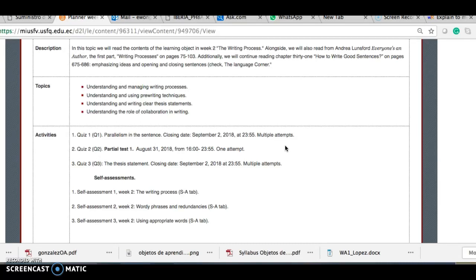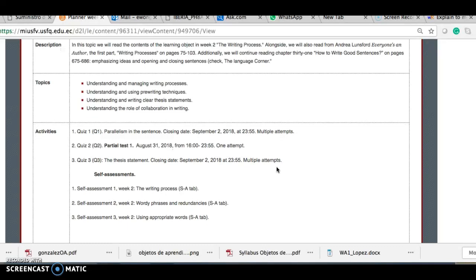Remember that you have multiple attempts in these quizzes, and the system is going to record the best grade. I know how many attempts you took, but I programmed the system in a way that it would keep the best grade that you have received during your performance. If you tried 3 times, the best grade out of the 3 is going to be selected.